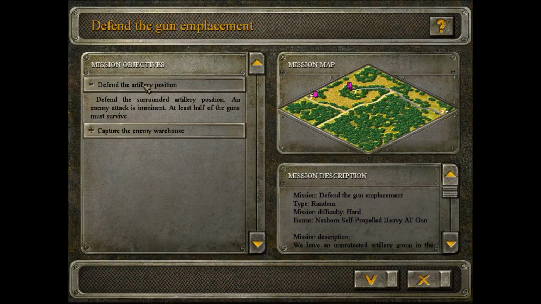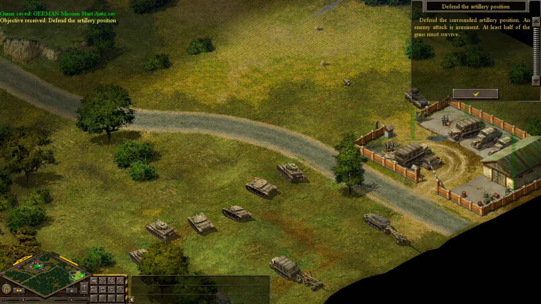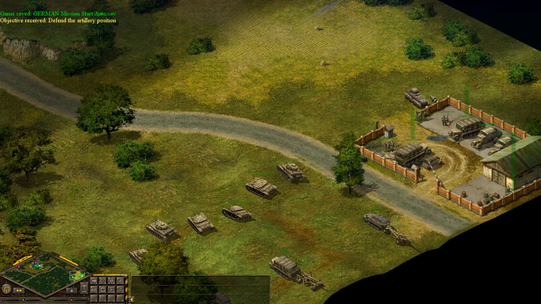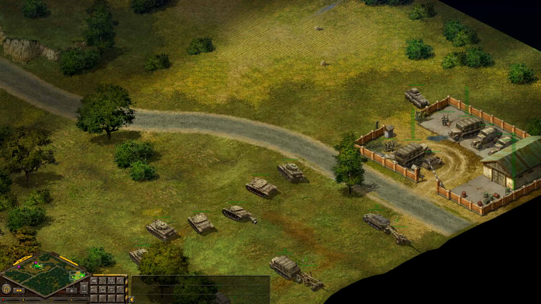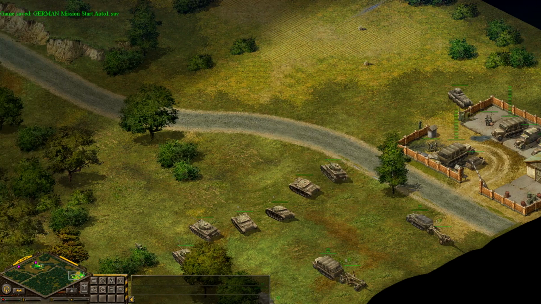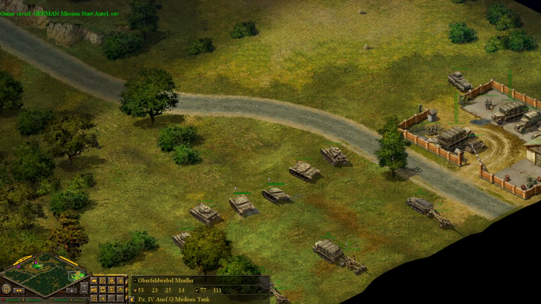Oh, let's get on with it. Defend artillery position. Capture enemy warehouse. So it should be a short mission. I'm gonna do a save first. Actually, I don't really need to do that. I could just hit the...